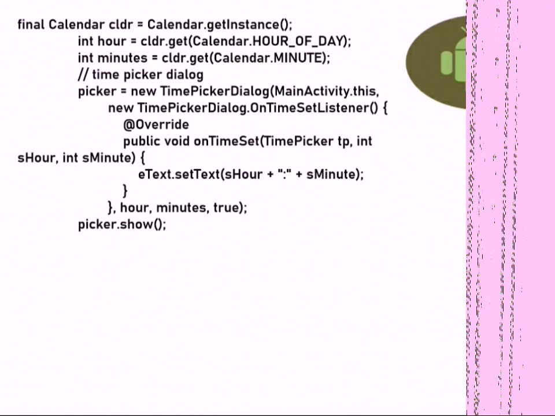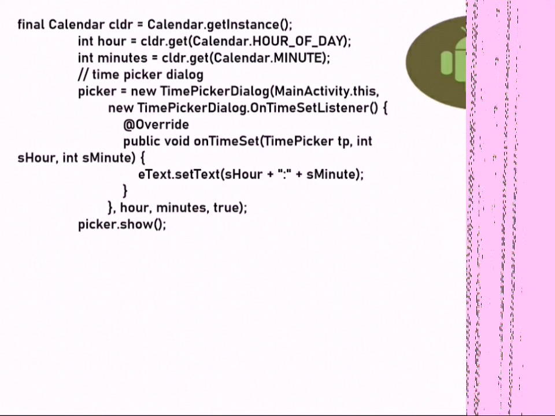Similar to what was discussed for the date picker, in this case also you have to get the instance of the calendar, and with the help of the calendar instance you can get the hour and minute. You can even get the seconds also. Then you call the instance of TimePickerDialog.